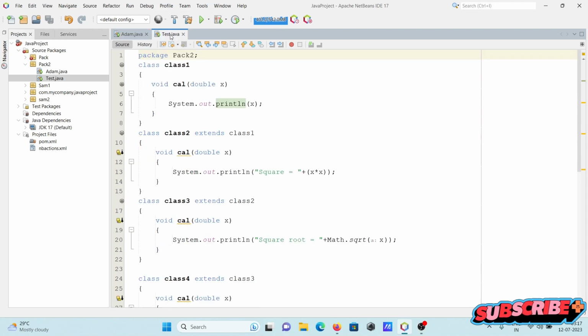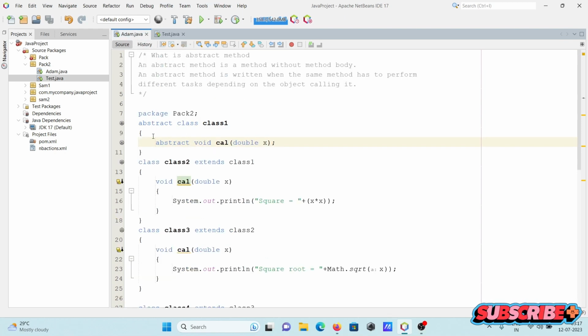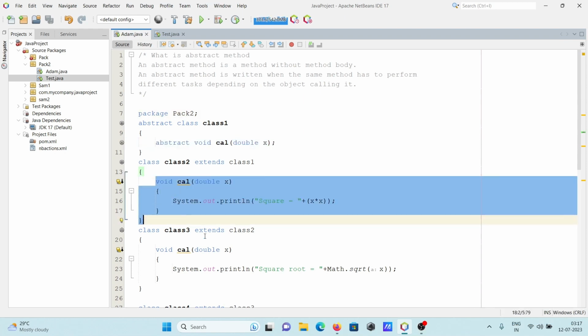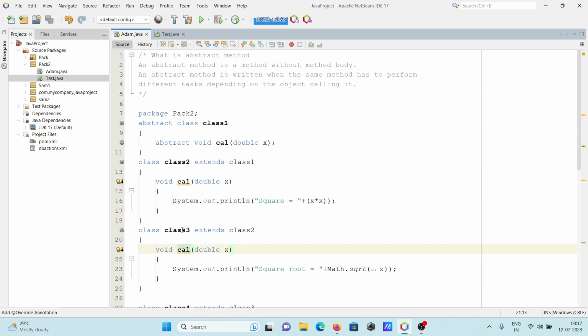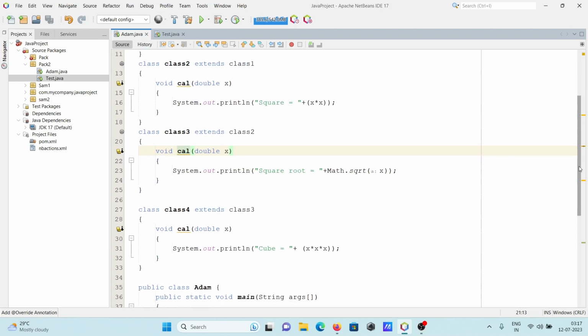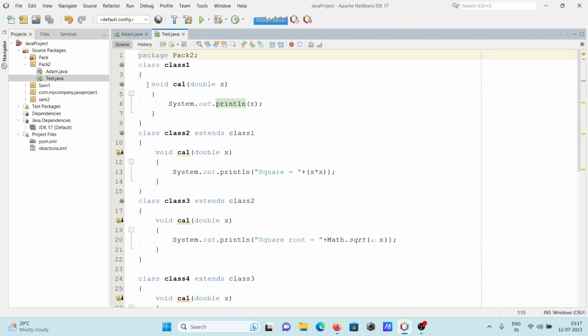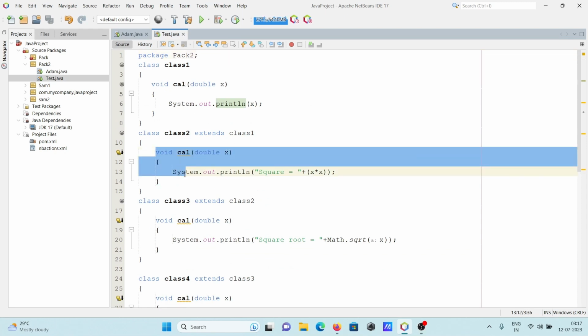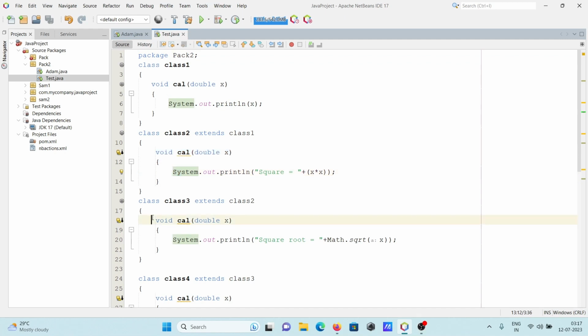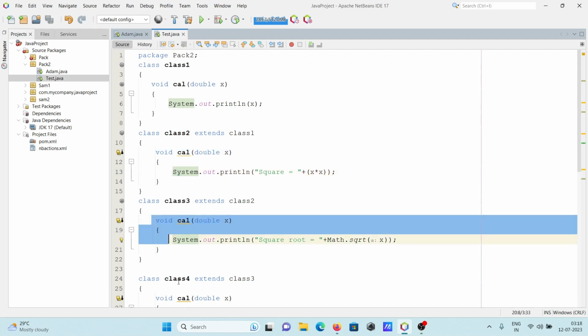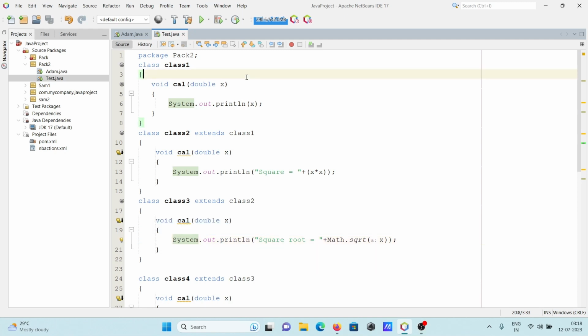Now you can see this is the example. So what exactly is the abstract method? One time you need to declare it and you can use it multiple times. Here you can see I used the cal method a second time and a third time. You can use it multiple times, but here this is a class and cal1 is the method trying to be used inside class 2, or here class 3 trying to use it, and class 4 calls the method. Okay, so if I run,